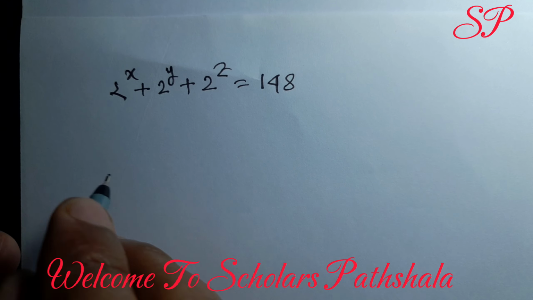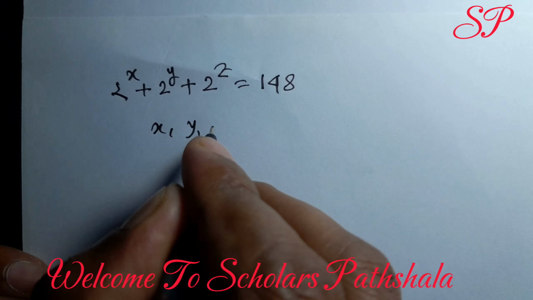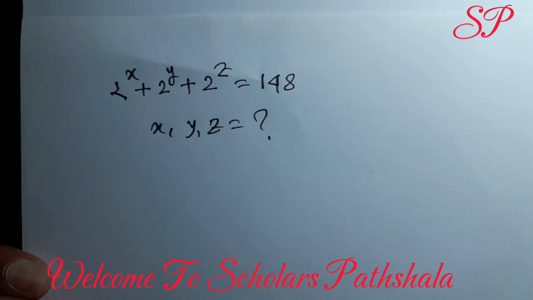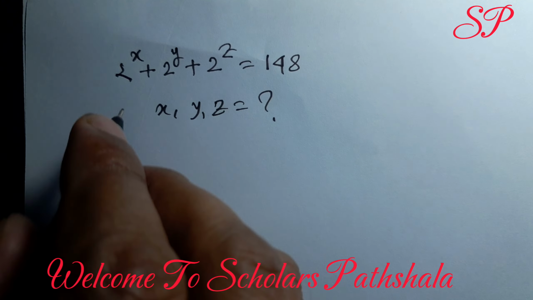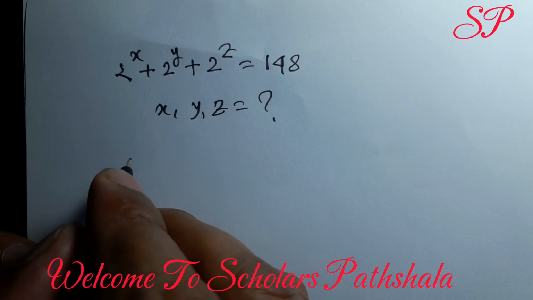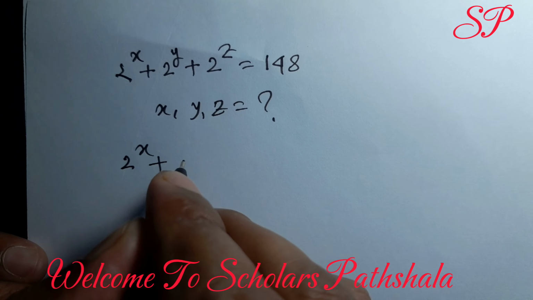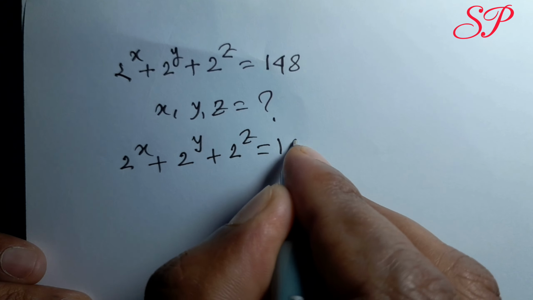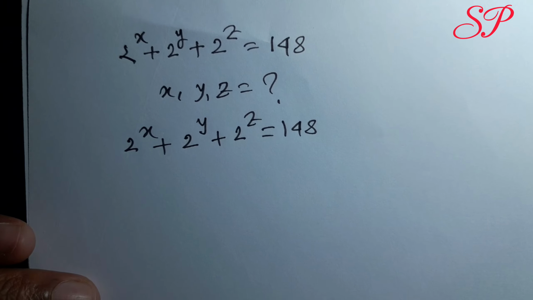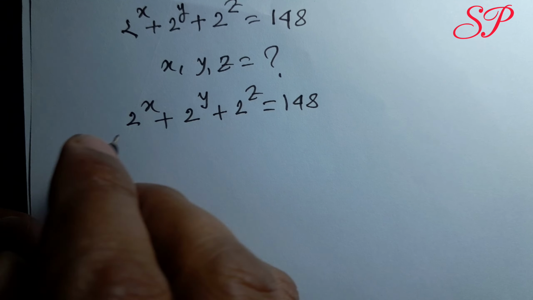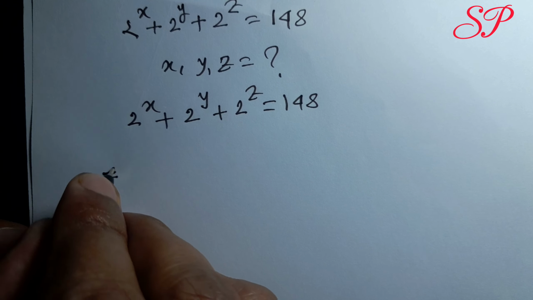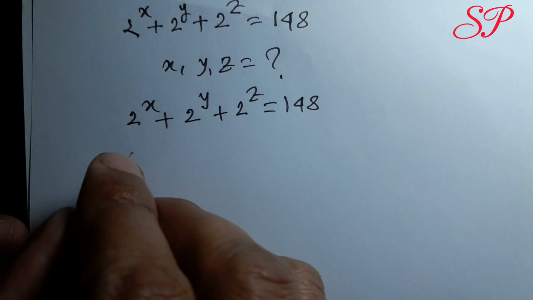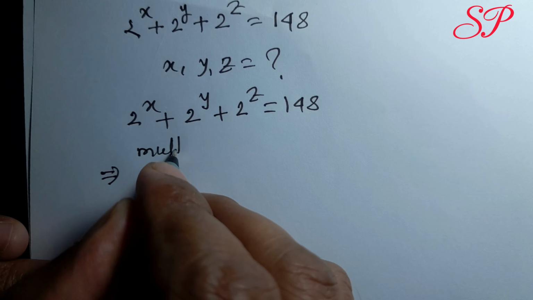Okay, let's start. We find out x, y, and z, what are they equal to? Now here it is given that we can write 2^x + 2^y + 2^z is equal to 148. Okay, we multiply and